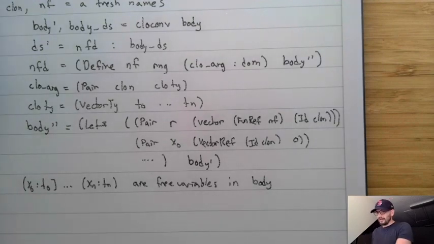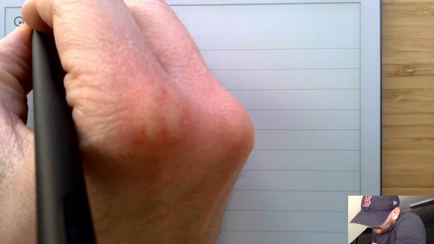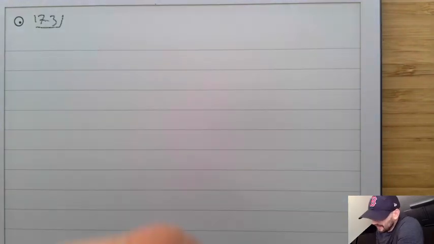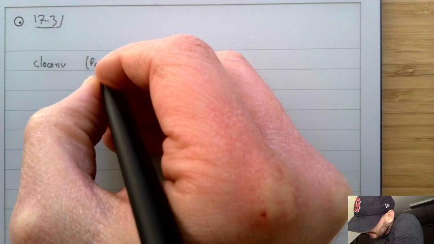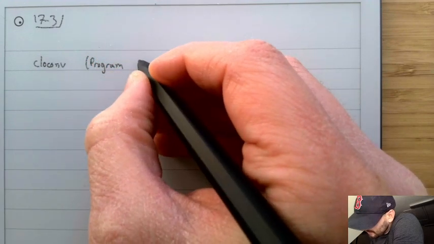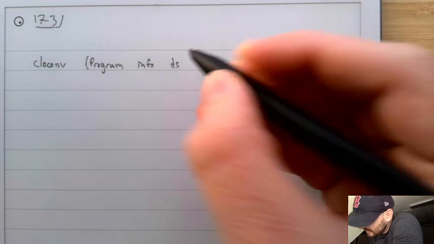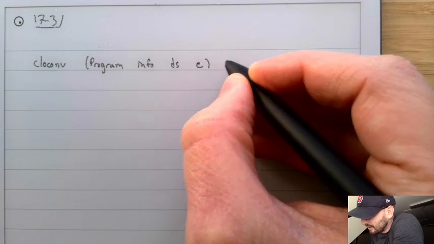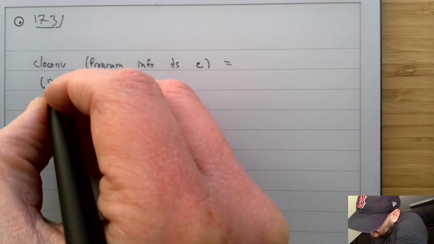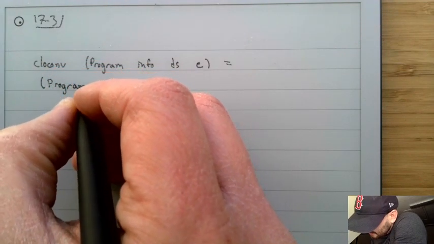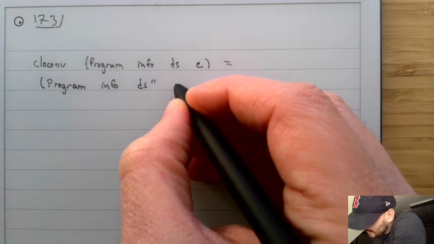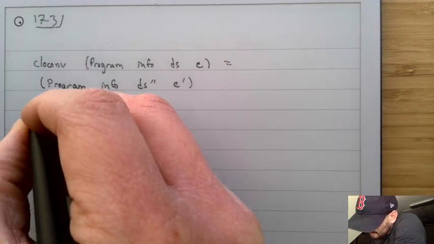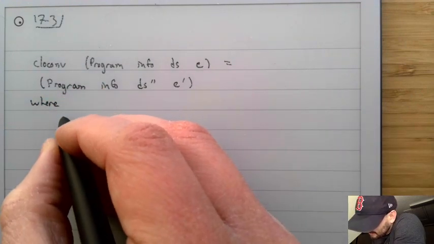Oh yeah, I guess there's one last little detail, which is how do you stitch it all together, right? Closure convert is going to be called on a program that has some info, some sequence of definitions, and then some top level expression E. And what you're going to do is turn this into a program where we have info, the definitions prime prime, and the expression prime, where the definitions prime